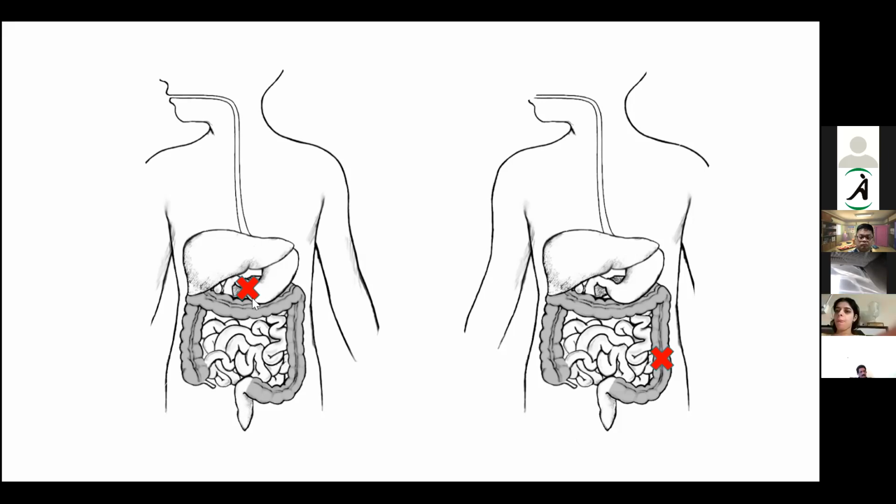In other words, whenever there is an upper GI obstruction, the symptoms would be much earlier when compared to the lower GI. You can see that when this is just the stomach, if there is an obstruction here, whenever the food fills the stomach cavity and there is an obstruction, the patient will immediately vomit out, right? Since vomiting is much more common, the patient tends to present early.